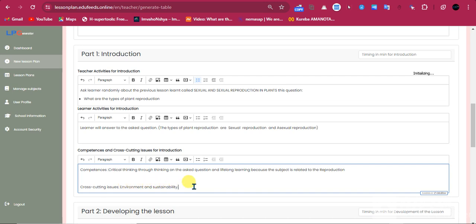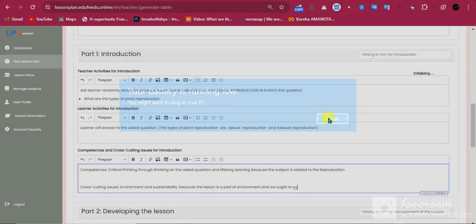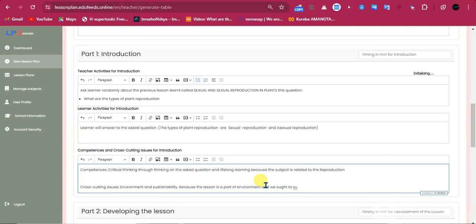For example, this one, environment and sustainability, because the lesson is a part of the environment and we all have to sustain it, excuse me, carrying it. Yeah, I'm rushing.